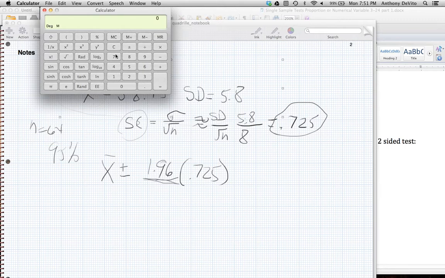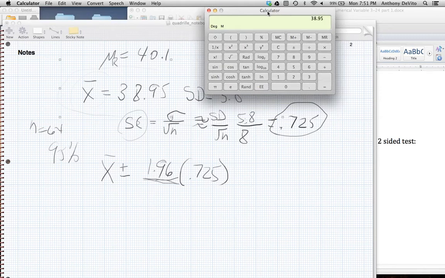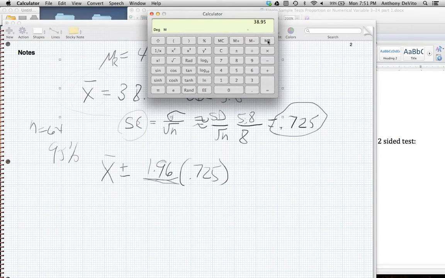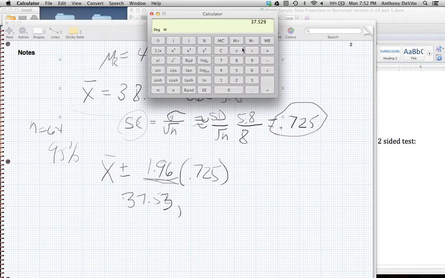So my confidence interval is going to be my mean, which was 38.95, minus my 1.96 times 0.725, which happens to be in memory. So I'm going to recall it, and that's going to be equal to 37.529. I'm going to round that to 37.53, comma, and the other end, let me clear that, it's going to be